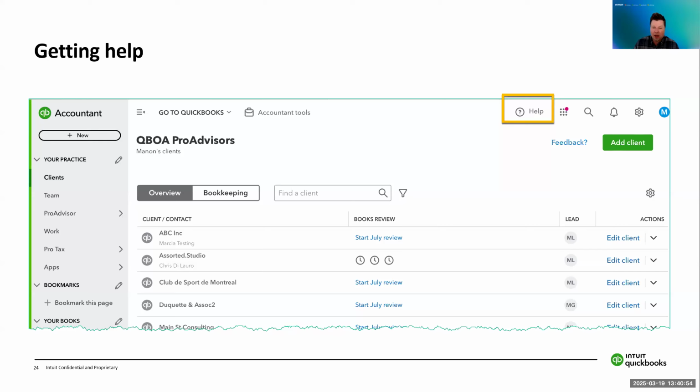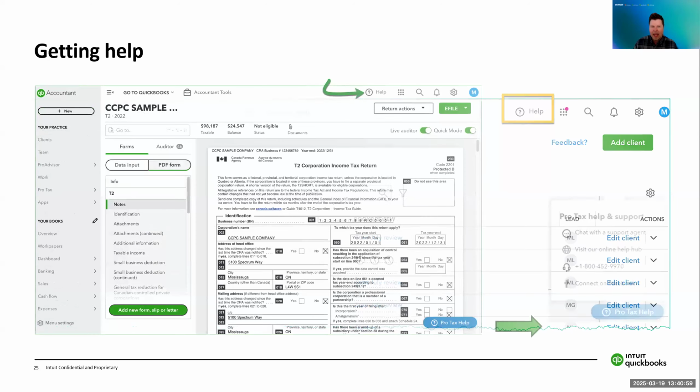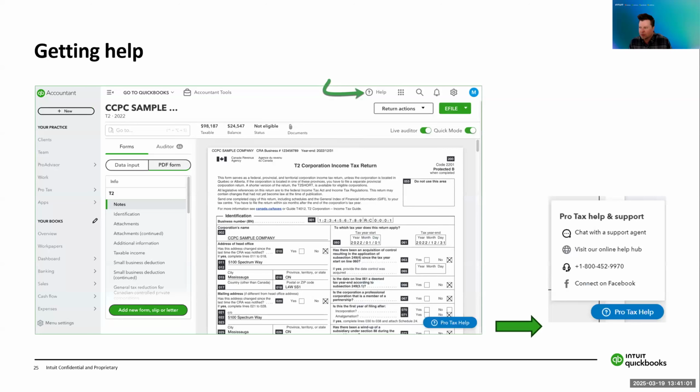Then once you create a new client's tax return or go into an existing one, and you are in that tax return, you will see this blue bubble pop up at the bottom right-hand side of your screen. That is the direct ProTax help. ProTax wants to ensure that you have easy access to help.